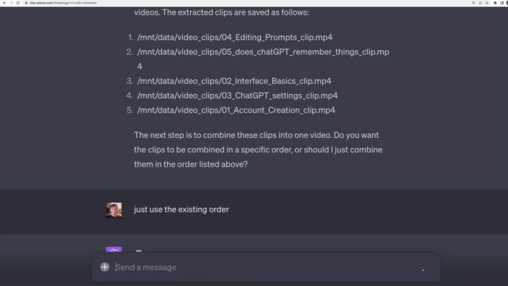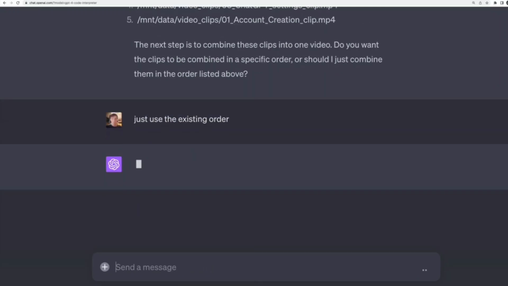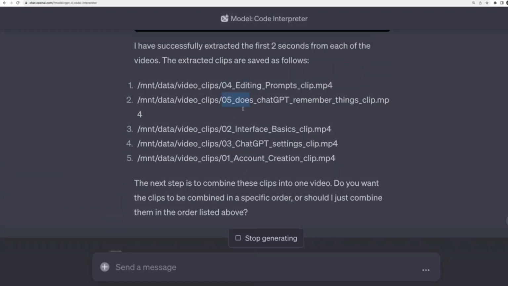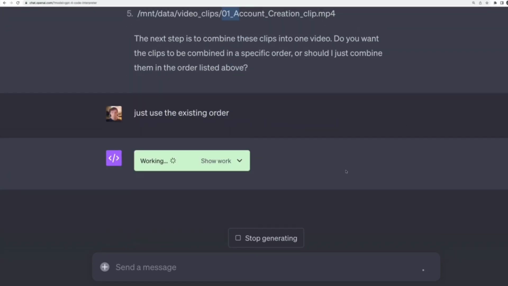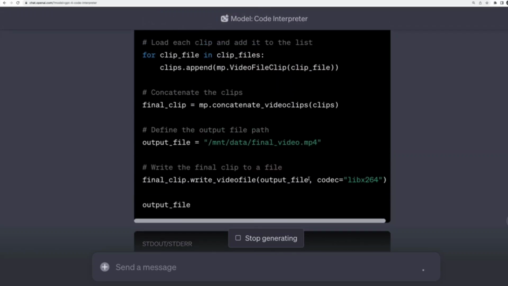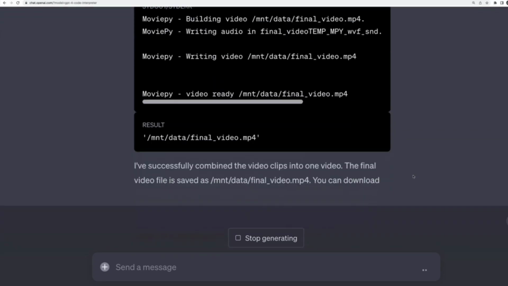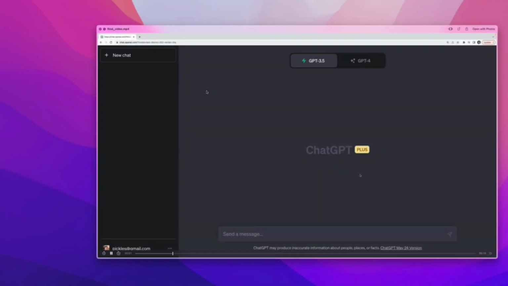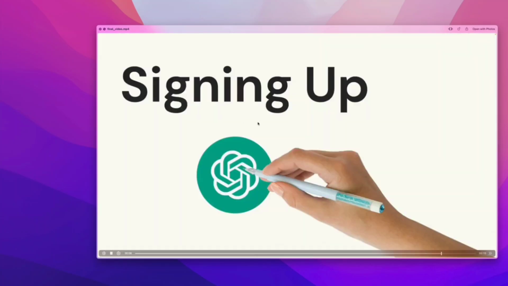It's asking me what order I want them to be combined in, and I'll just say the order that they were defined in. I don't really care, although it is 4, 5, 2, 3, 1, whatever. That's okay. And here's our code where it is creating a new clip file by concatenating all the different files together from that one folder. And now I can download the final video. Hopefully. Here we go. Here it is. First 2 seconds of one video. Next 2 seconds. Another 2 seconds. Another 2 seconds. They all kind of look the same, but you can tell there's different